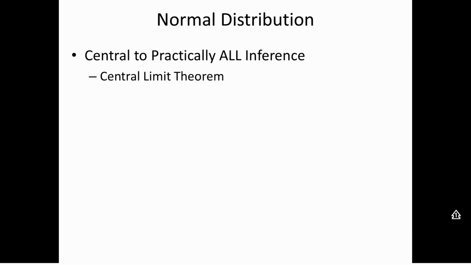Now, a key player in all of this is a normal distribution. It's central in practically all inference. It's hard to emphasize how important a normal distribution is. There's a couple of ways it's used in the particular problems we're interested in here. The first is the central limit theorem. I'm going to actually state a more general version of the central limit theorem, but the central limit theorem is usually what people think of. But it also comes up in the chi-squared distribution